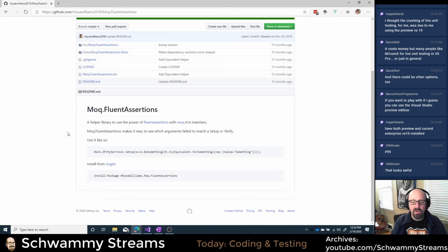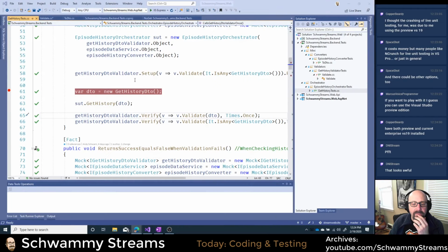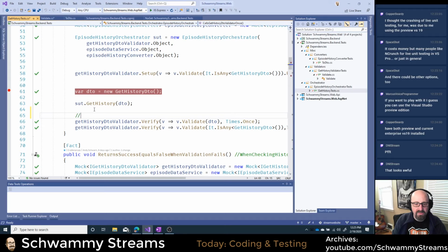DNI Stream says that looks awful. And if you're talking about what's on my screen here, yeah, I don't know. This is setup though. And if you look at Mock, and I think you already said that you like Mock, but this is the Setup method of Mock. The assertions is this Verify method. And so it would be nice if we could do something like,